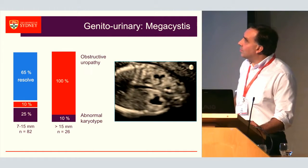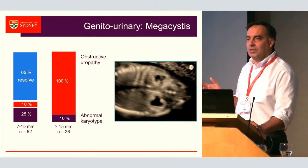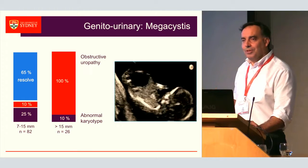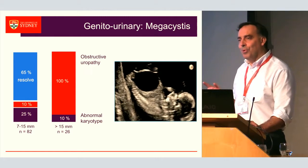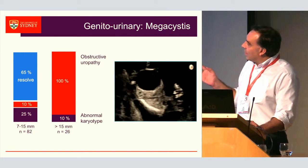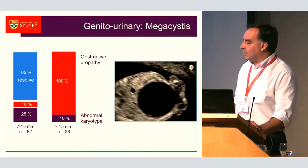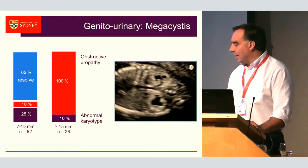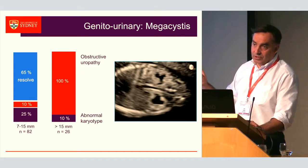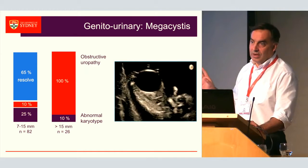The outcomes of babies with severe hydronephrosis, I would be tempted to say, is universally poor. Of course, whenever you say universally, I can anecdotally tell you about the one case where it wasn't poor. But it is associated with karyotypic abnormality and perhaps more relevant to trisomy 13 than to trisomy 21. You can see that if you have moderate hydronephrosis, certainly a significant proportion of those seem to resolve spontaneously